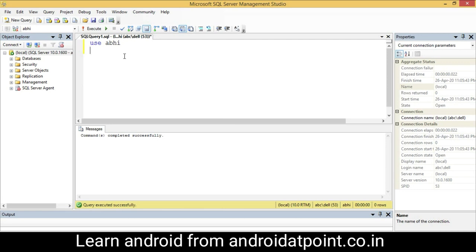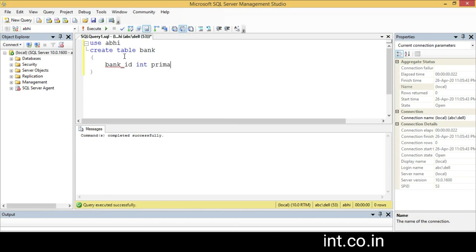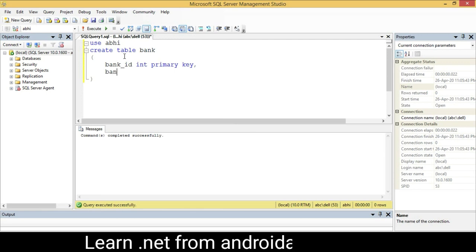Okay, and next I will create a table bank with two columns: bank ID, int, make it a primary key, and bank name as a varchar 30.